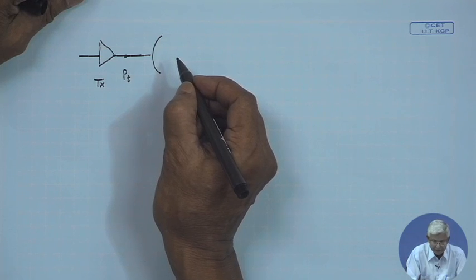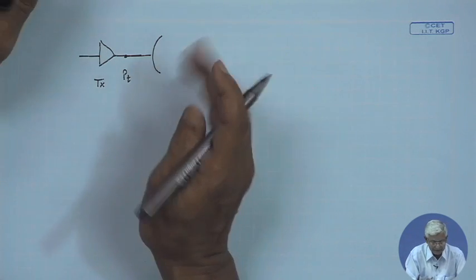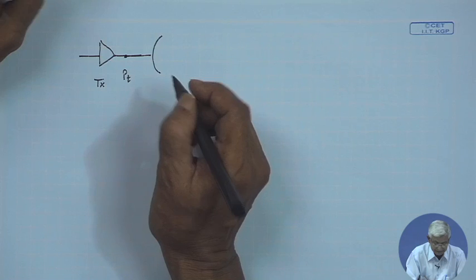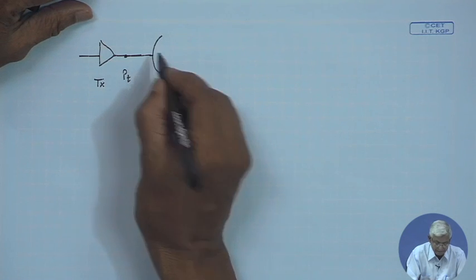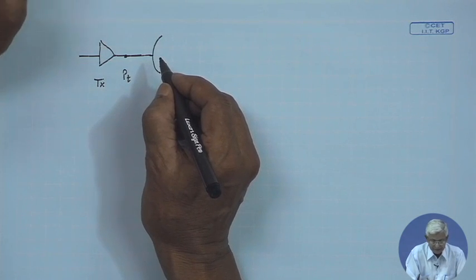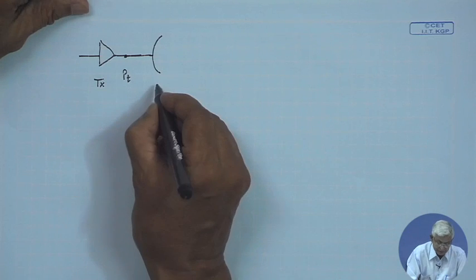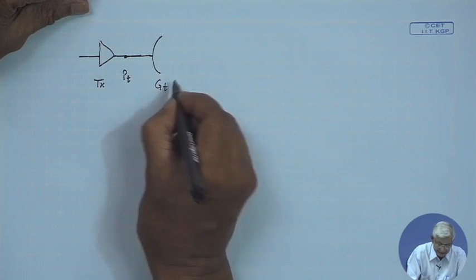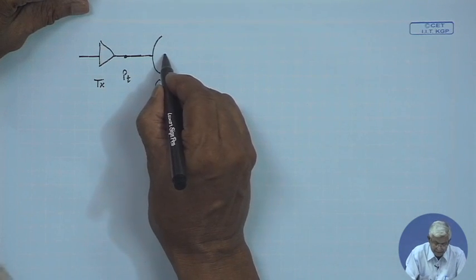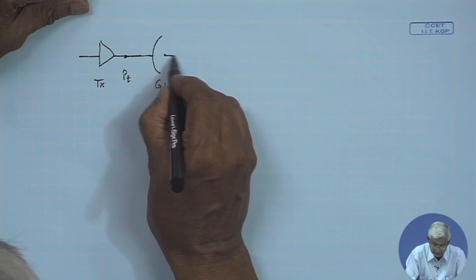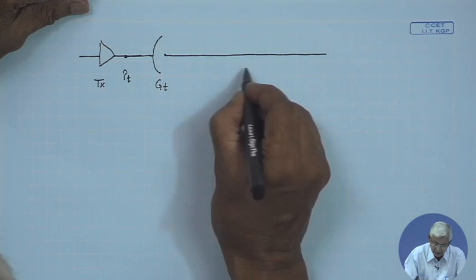We will use a parabolic reflector antenna, because a larger gain is required to focus the energy or the power. So, this antenna has a gain GT, and then from the aperture of this antenna at a distance R,